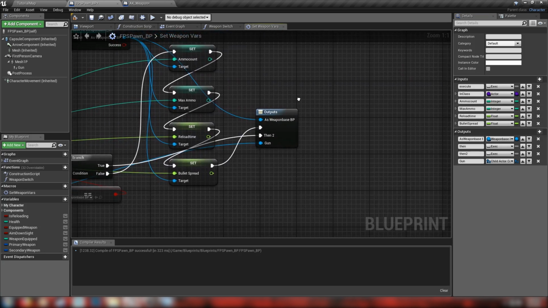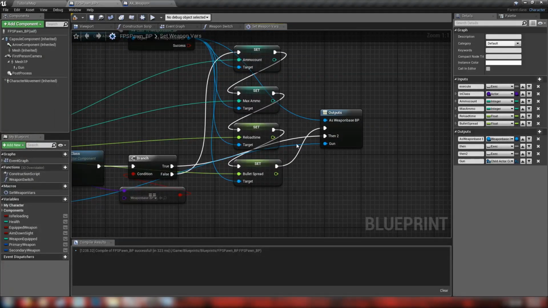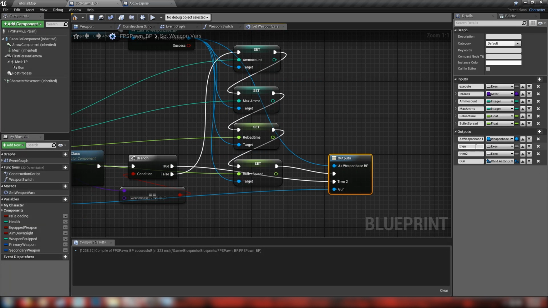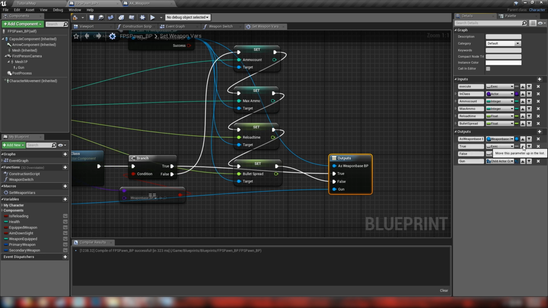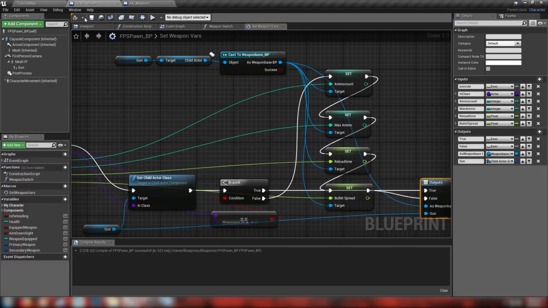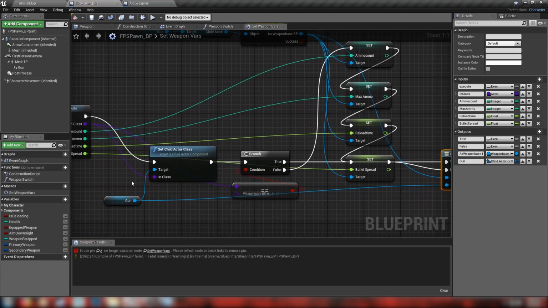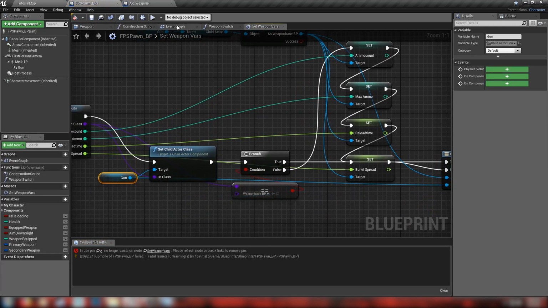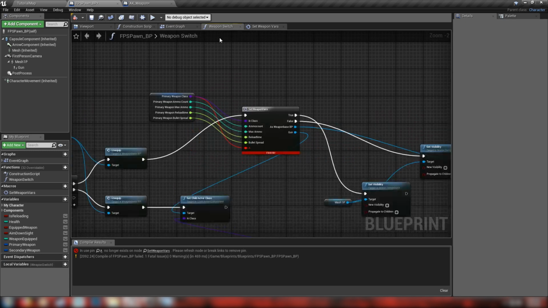There we go. As for our output, we've got true and false values, so let's see which one's which. So then to, we're going to rename this to true, and then we'll rename to false. There we go, and I'll just move these up to the top as well. As weapon-based BP, as our gun. Yep, that's all good, although we might not need the gun. We'll revisit this, because we have to do the same thing for our